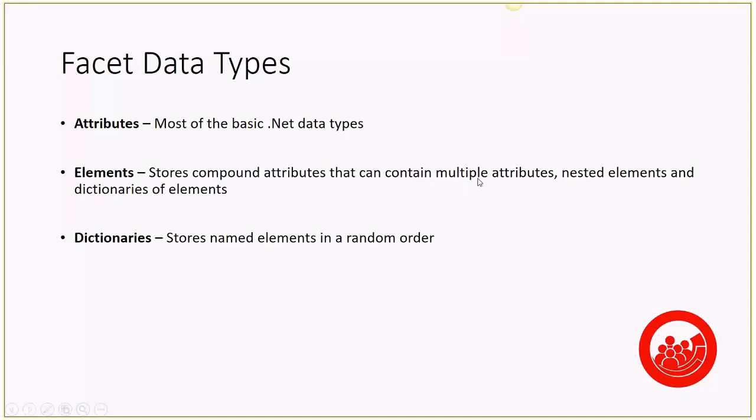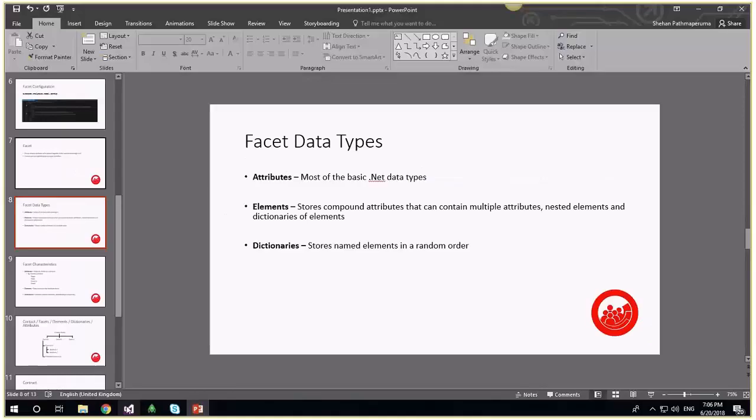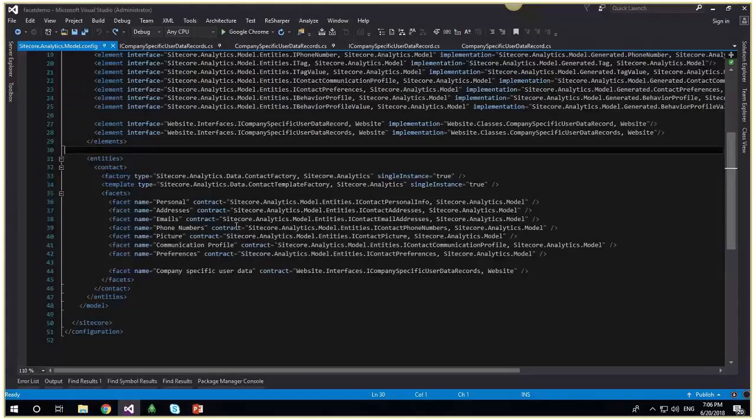Attributes basically can be any .NET type, strings, integers, date time, double, any value. Elements can be compound attributes. They are groupings, rather. They're groupings of attributes. So if I show you that in the demonstration,